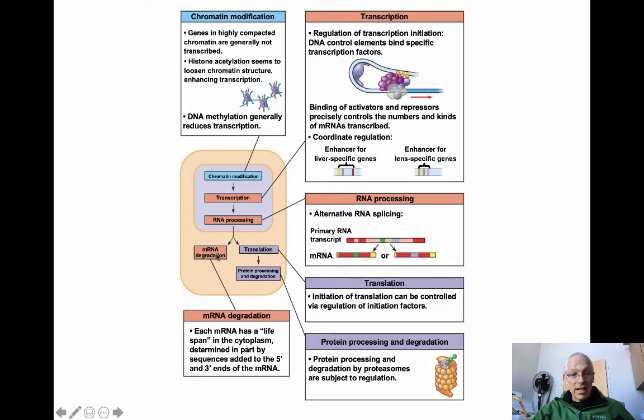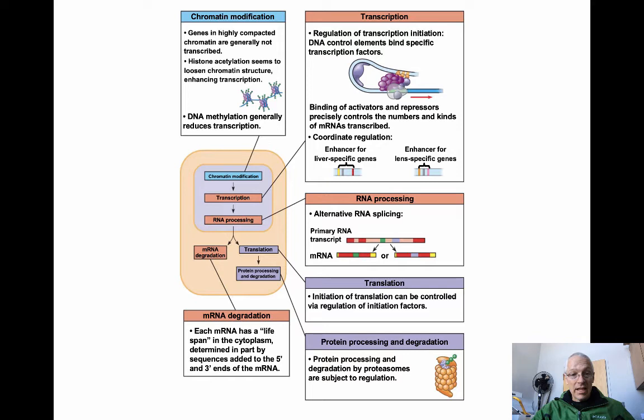Once the RNA gets out to the cytoplasm, we can block the expression of the gene by breaking down that messenger RNA quickly or not so quickly. If the messenger RNA stays around in the cytoplasm longer, that gene can be translated into more and more proteins the longer the messenger RNA stays around. So we can degrade or break down the messenger RNA quickly to slow down or limit the expression of the